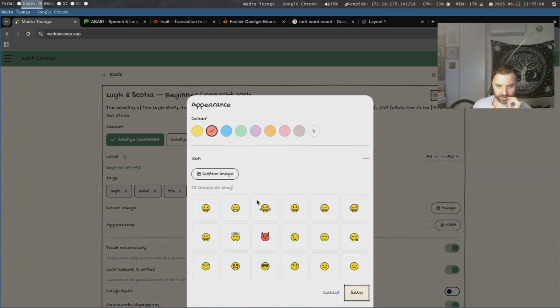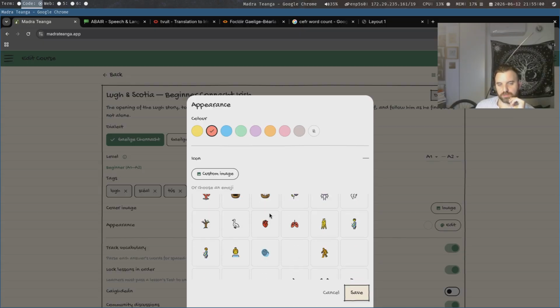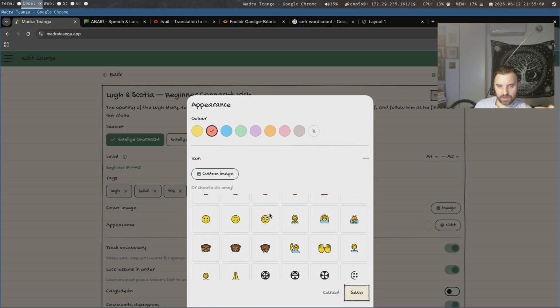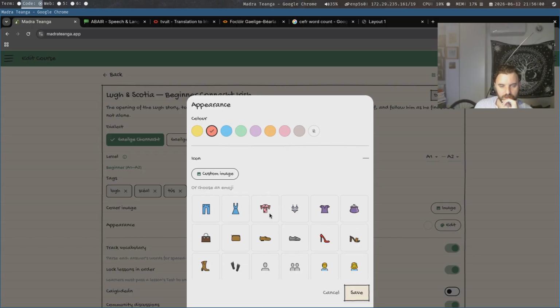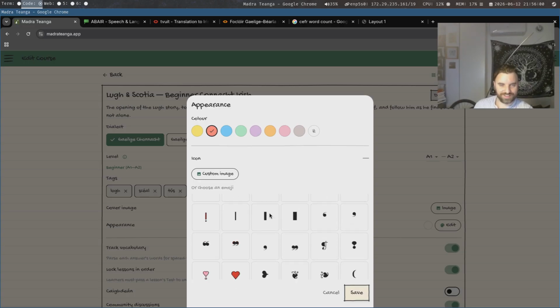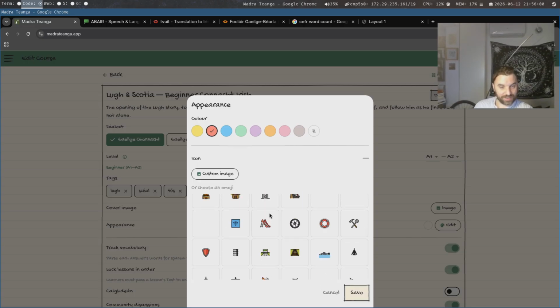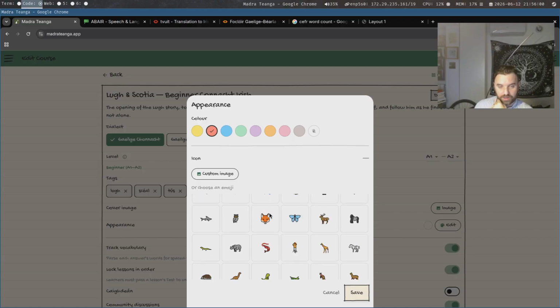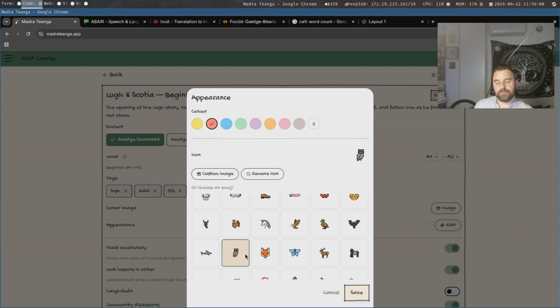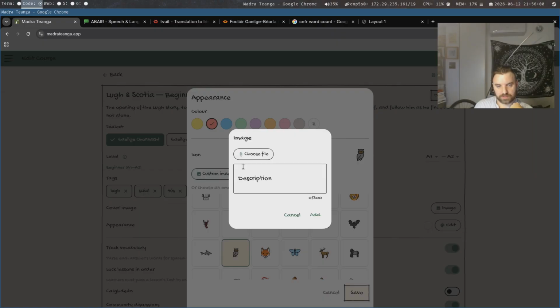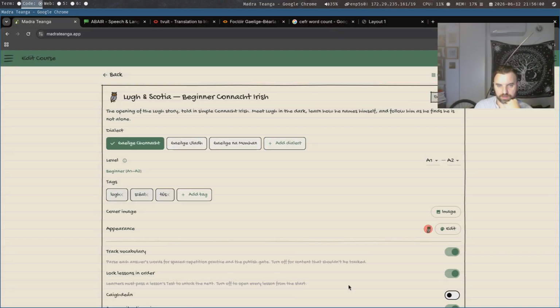Then I can change the appearance. I can make this red, and all of the emojis are here. This was done by taking a range from the first emoji to the last emoji. So in no way did I go through these and pick the emojis. It was just, here are all the emojis you can use, so there might be some weird ones in here. That's not me, that's just the codes. You can pick anything you want, and maybe in the future we might curate this, or put in more images or custom images, and you can also upload your own images.